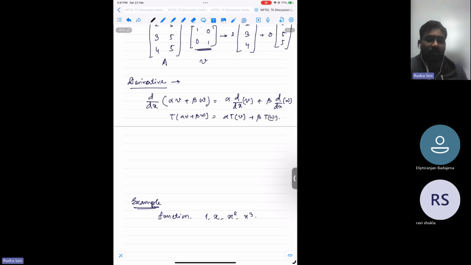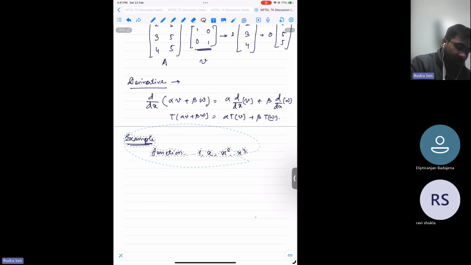This is something like this. So that means our derivative is a linear transformation. Now I have a function something like that, or you can say this is basically a vector sort of. So what will be the derivative? So its derivative basically